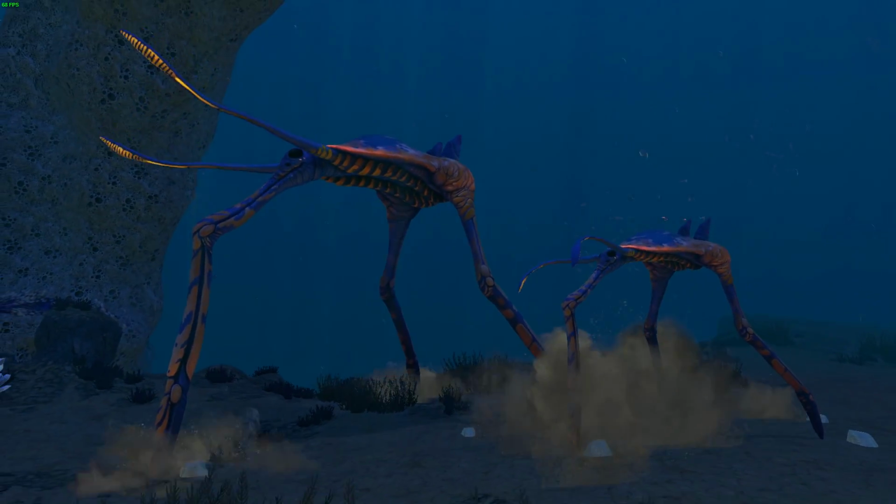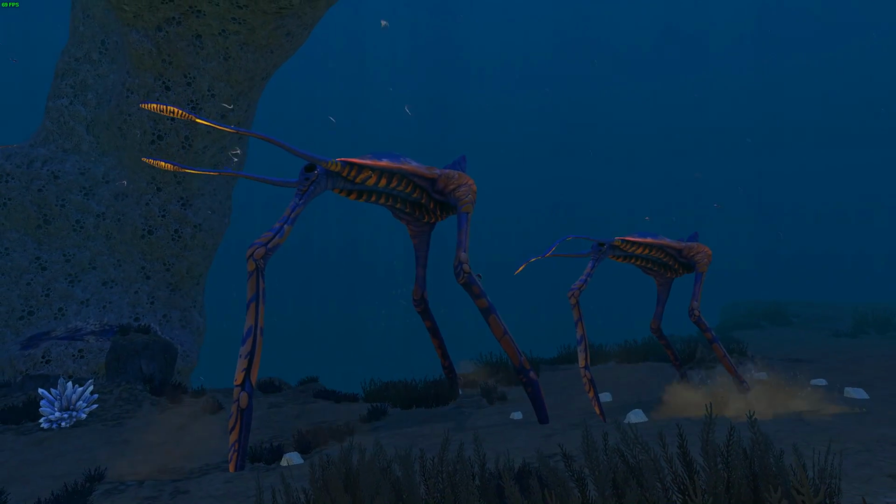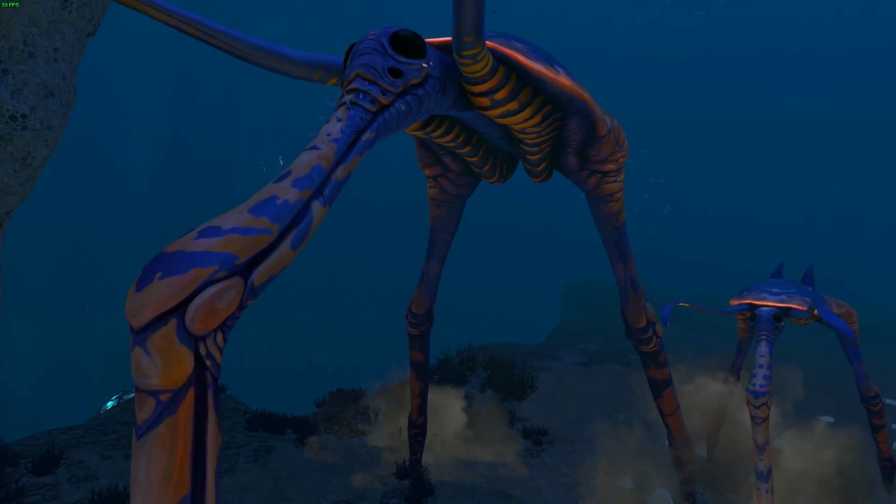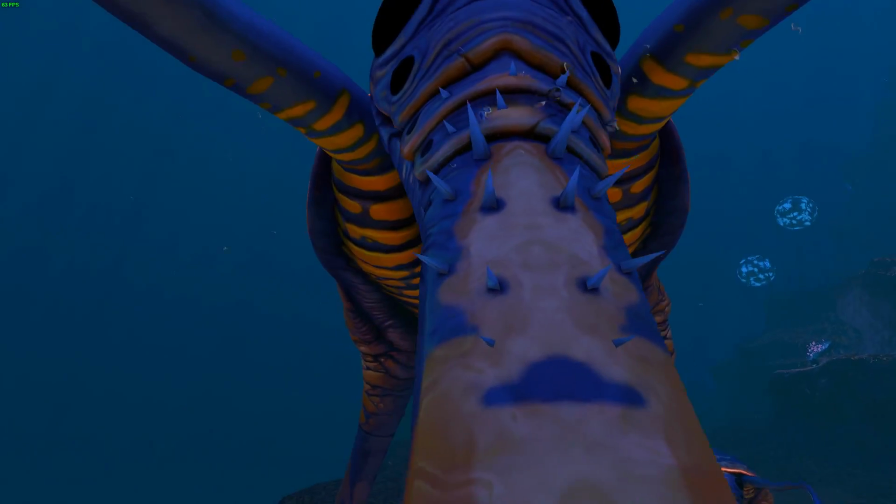At number 8 we have the Treader. These giant tripods slowly stride their way down their migration path through the Grand Reef and leave a trail of poop on their way. As they walk, the Treader makes a variety of idle grunts and calls,